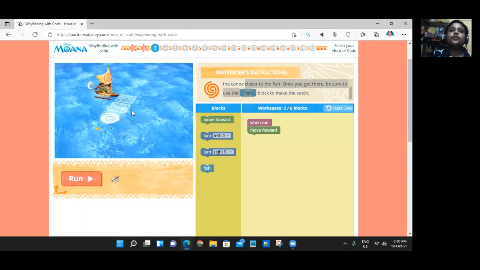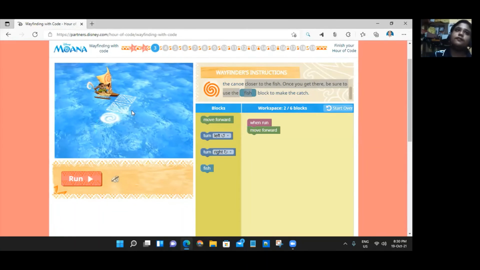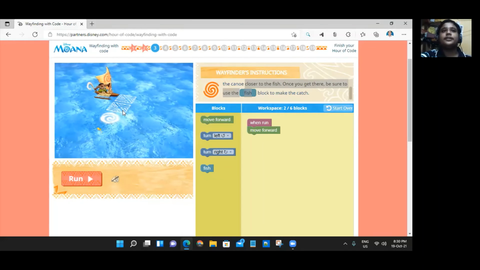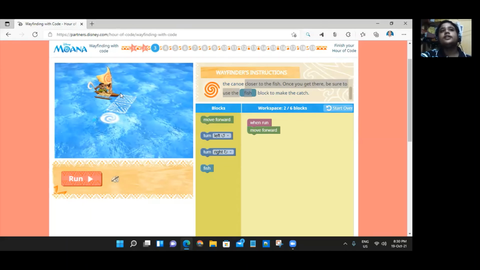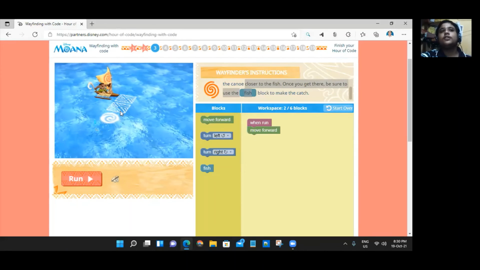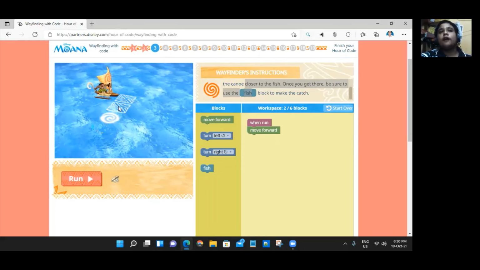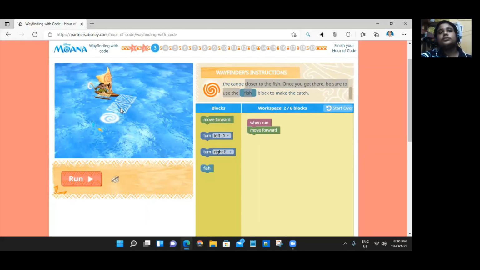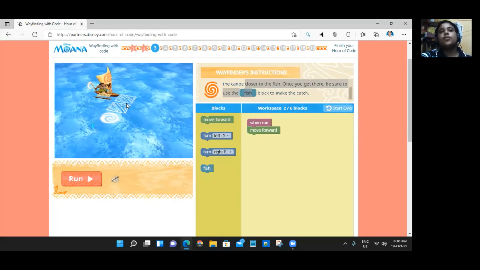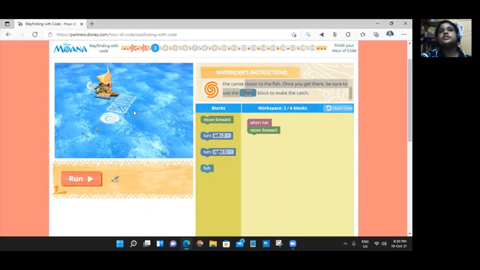So you use one move forward for this block. After that you turn right, and after turning right you use one move forward for this block. After this block you come, this is your destination, so you use another move forward for this destination.